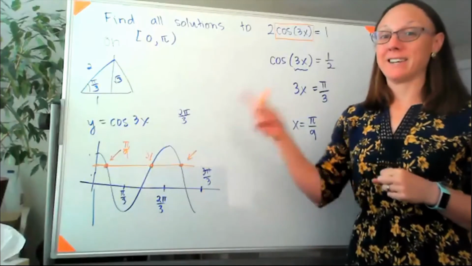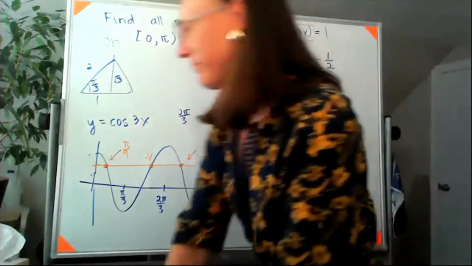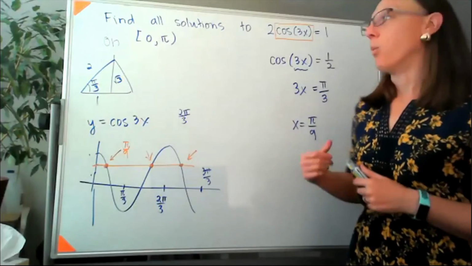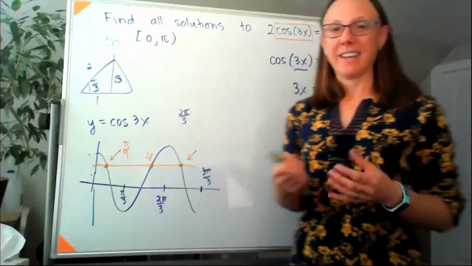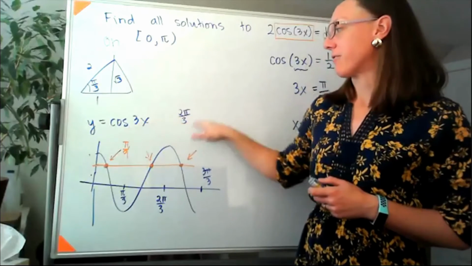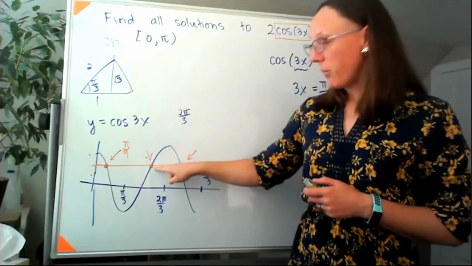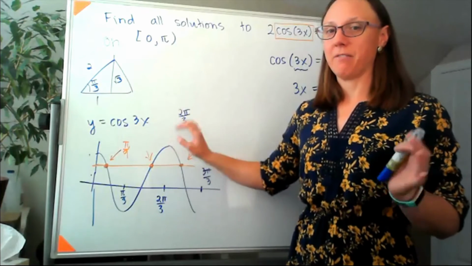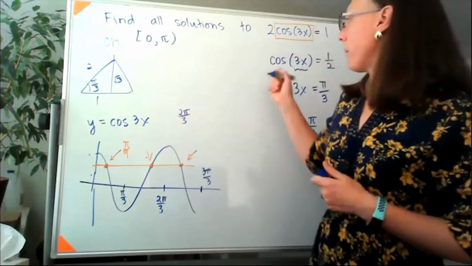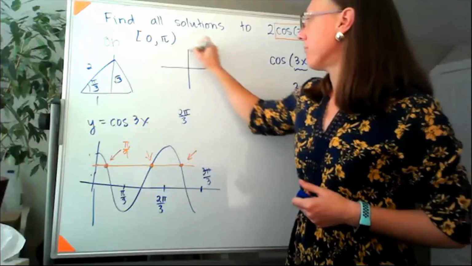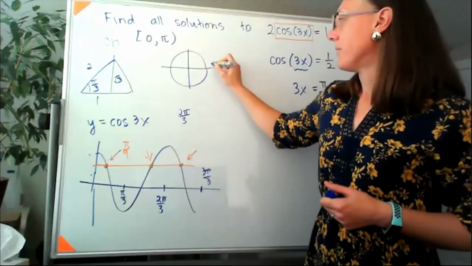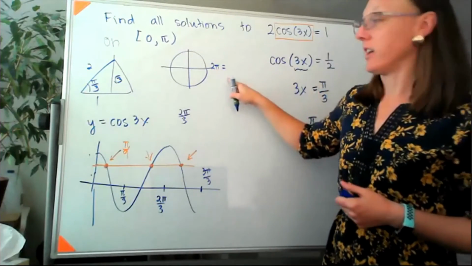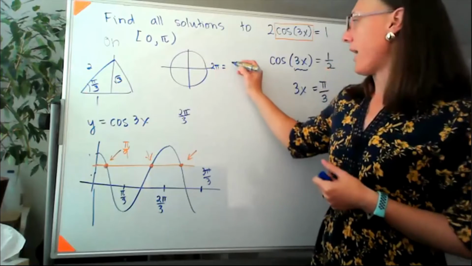So now I'm going to take us back around to that unit circle piece. Even though it feels like getting into the fourth quadrant wouldn't be on 0 to pi, the issue is that because this function has a different period, that point right there kind of represents where we are in that fourth quadrant if the period were normal. So I'm going to go back to my unit circle. And this is 2 pi. But because my reference angle was pi over 3, I'm actually going to write that instead of as 2 pi, I'm going to write that as